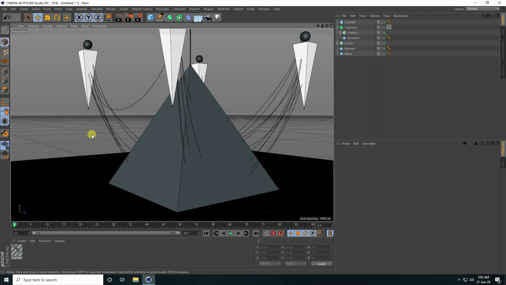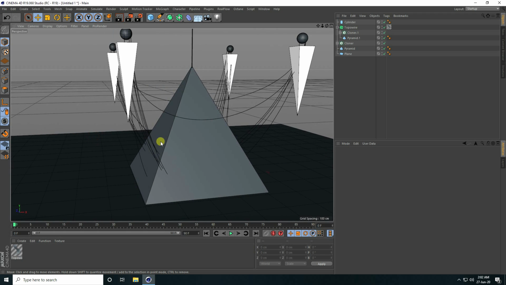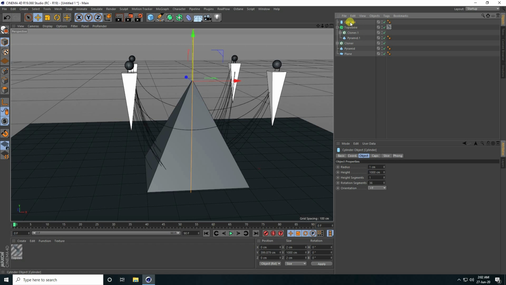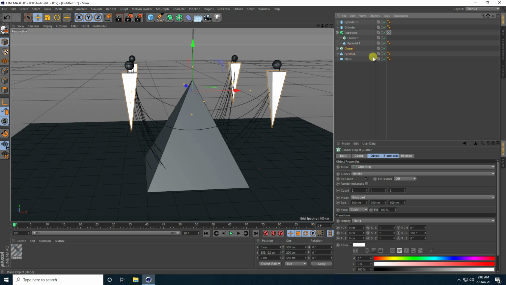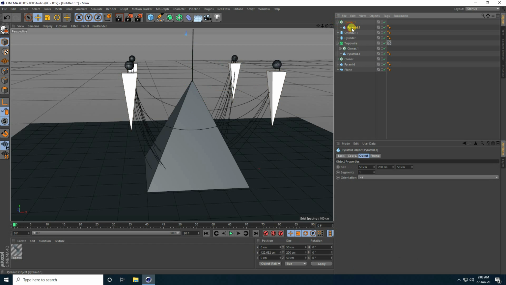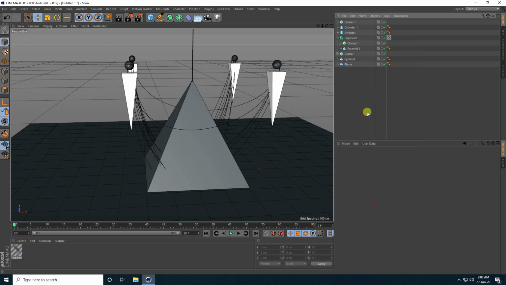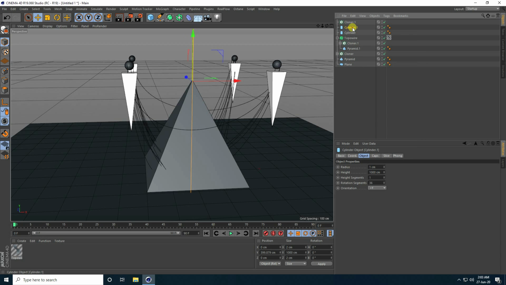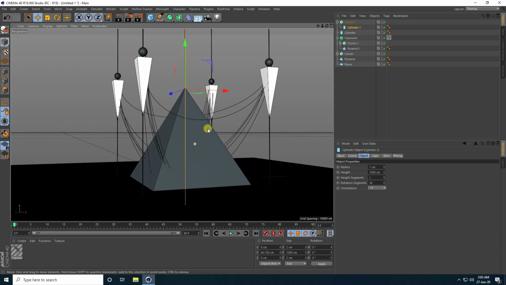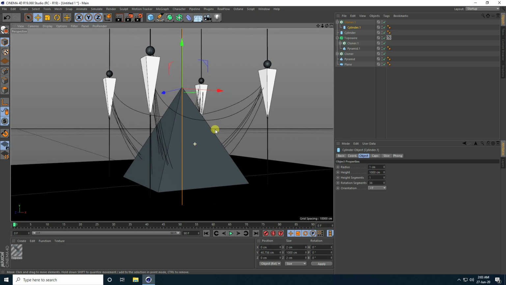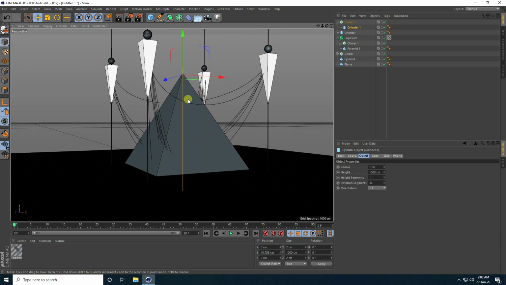Guys, that's much better in the viewport. So guys, select this cylinder and copy, press Ctrl C and V. Guys, select this cloner, this one, and copy the same. Select this pyramid and delete, and select this cylinder. Better. See, it's my composition. Okay, so guys, my composition is finished.